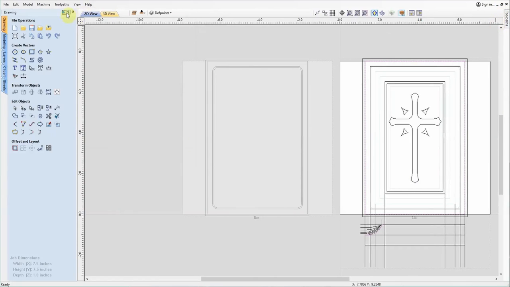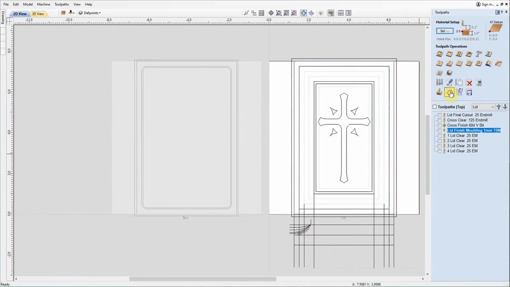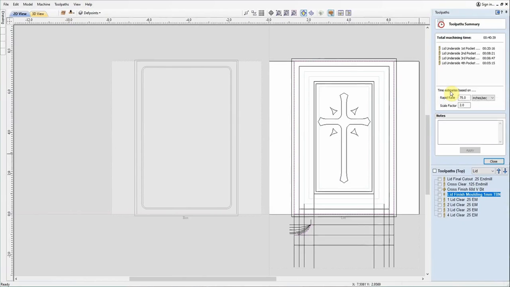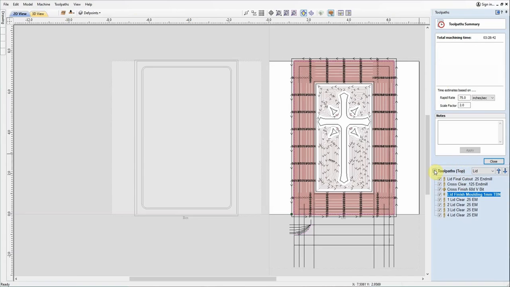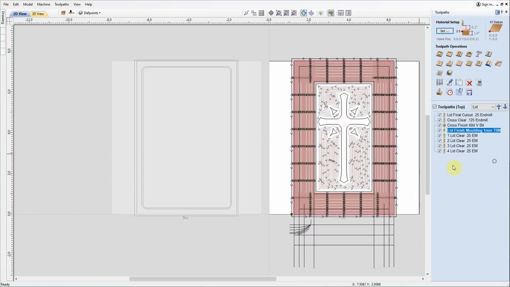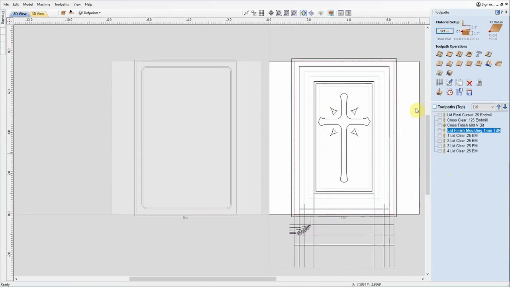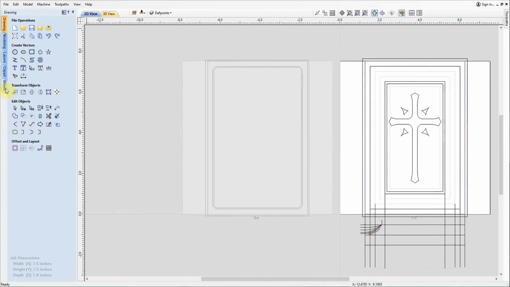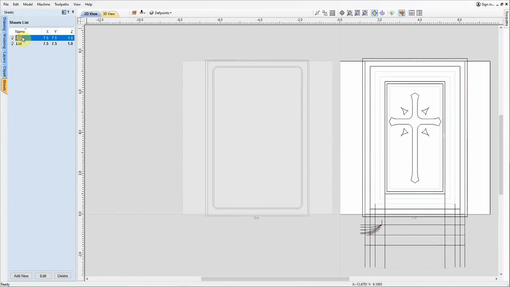Oh, let me go back. I'll show you something else on this one. To cut out the top side, according to this, all the toolpaths will take a total of 3.5 hours, which, like I said, it's going to be somewhat less than that. It'll probably be a little closer to about 2 3/4 hours. We'll find out exactly when it gets cut. But at any rate, let's go over to the drawing and then sheets, and we'll open up the box part,